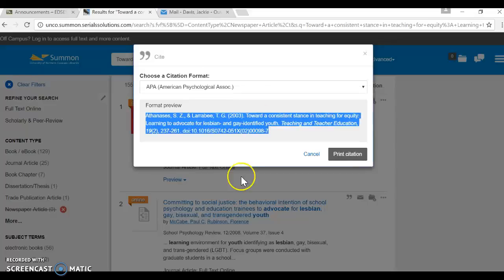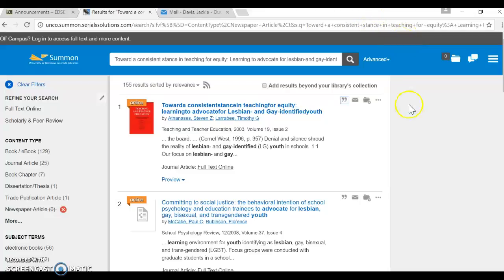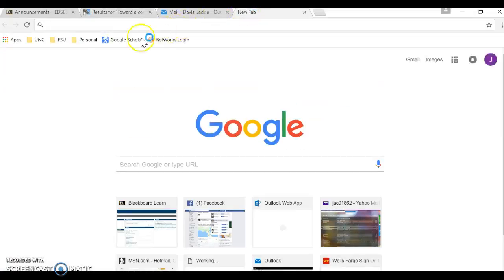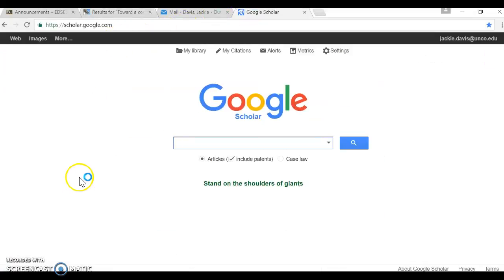Now I'm going to go back to our browser, and this time I'm going to open Google Scholar. From Google Scholar, you can also use a citation tool, and I'm going to show you how to do that. I'm going to pull up